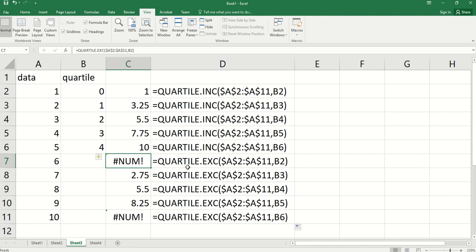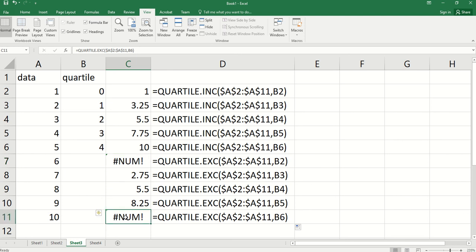You see here we have no minimum or maximum found because exclusive here means strictly less than. So in the data, we don't have any value strictly less than the minimum. So no value returned.